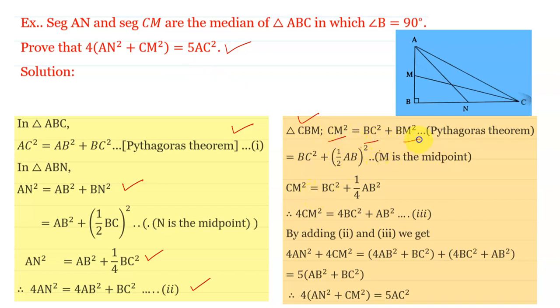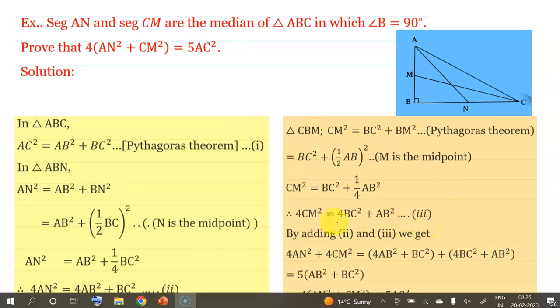But instead of BM, we replace it by AB upon 2, that is (1 upon 2 AB) whole square. BM is replaced, so this is BC square plus 1 by 4 AB square. Multiply again both sides by 4. Then you will have here,